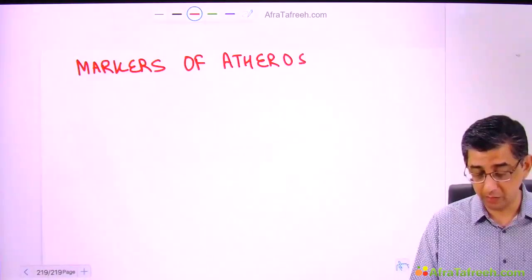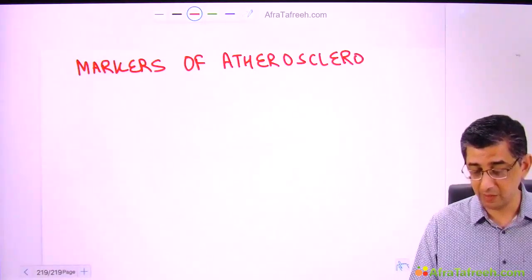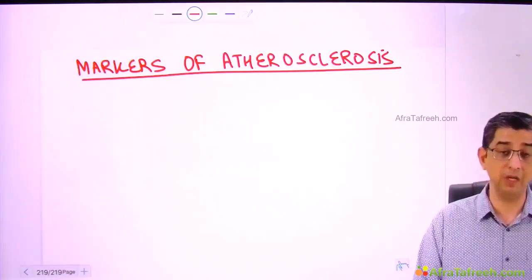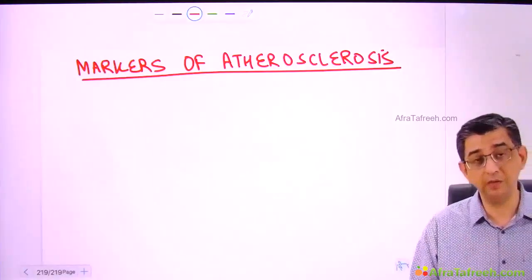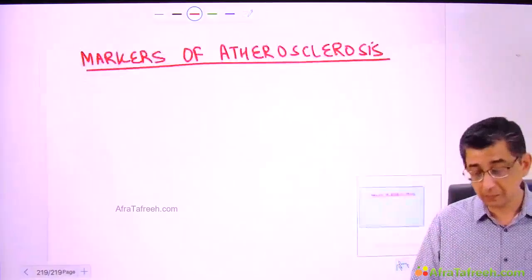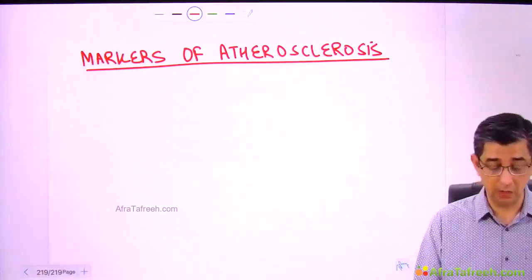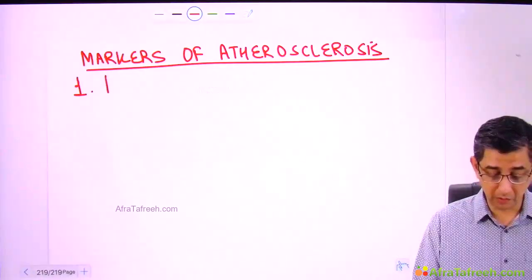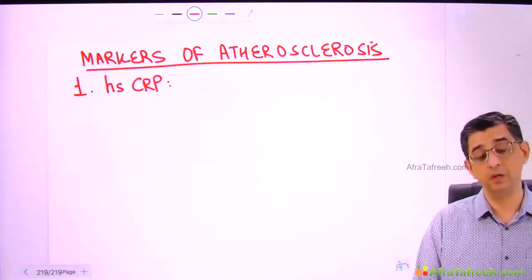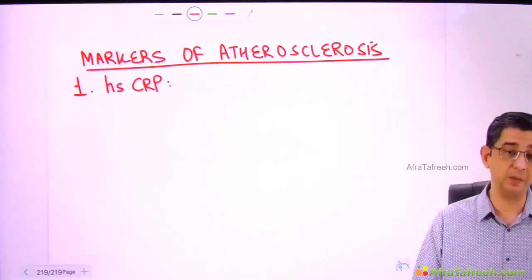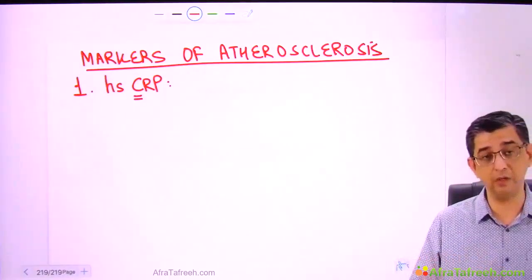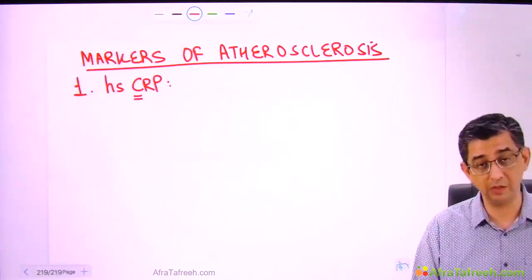Our objective would be to discuss what blood tests you can order for an individual, maybe in his early 40s or early 50s, so that you can know that this guy will develop heart disease in future. One of the very important markers for atherosclerosis is HSCRP, that is high sensitivity CRP. Please remember, it is different from plain CRP in the sense that this would be relatively more accurate for the inflammatory processes going on in the body, which is responsible for atherosclerosis.